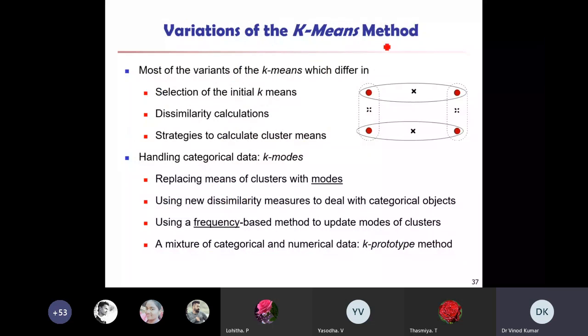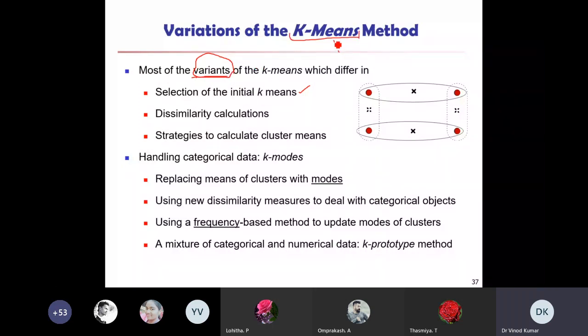So, variations of k-means methods. Most of the variants of k-means differ in how you can make different variants. Variants means those methods of k-means that came up from the original k-means method.